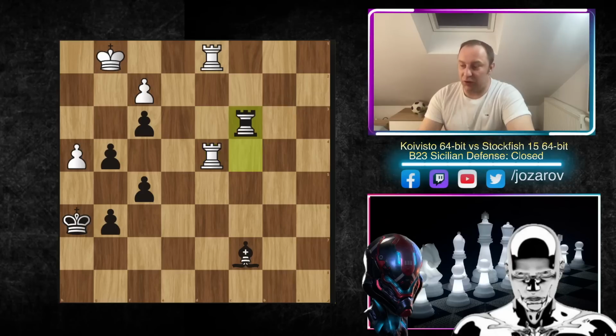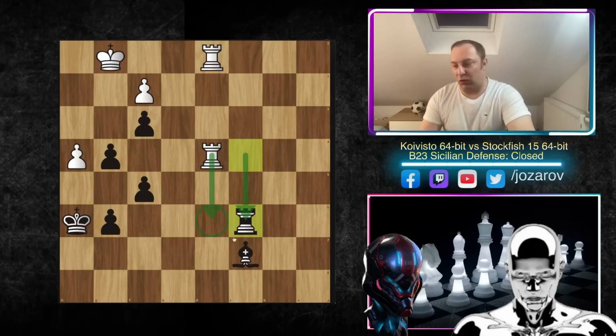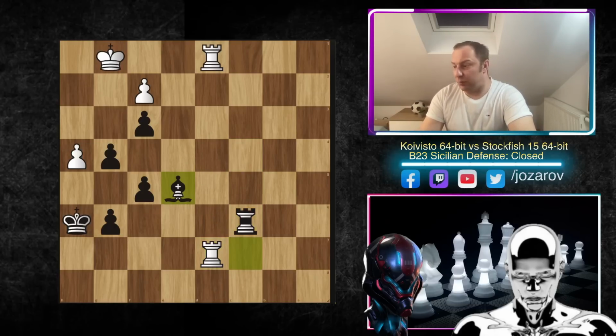Stockfish doesn't want to trade off the rook, it wants to complicate the game further. So of course rook to c3, rook to d3, and Koivisto is now desperately trying to trade off the rook. So that's why rook to c6, where rook to d6 is not working, because the bishop is covering the square. So rook to d7, we have bishop to e5, rook to d5, bishop to b2, we have rook to d2,